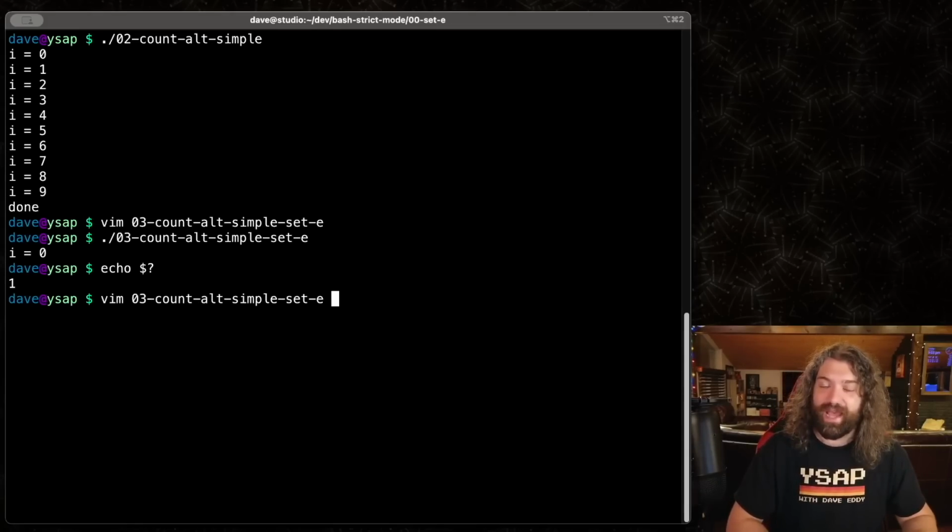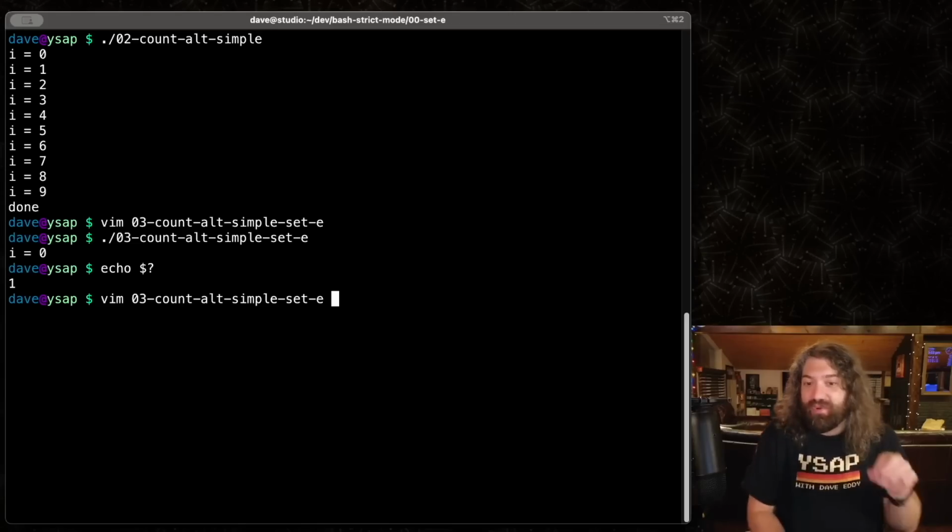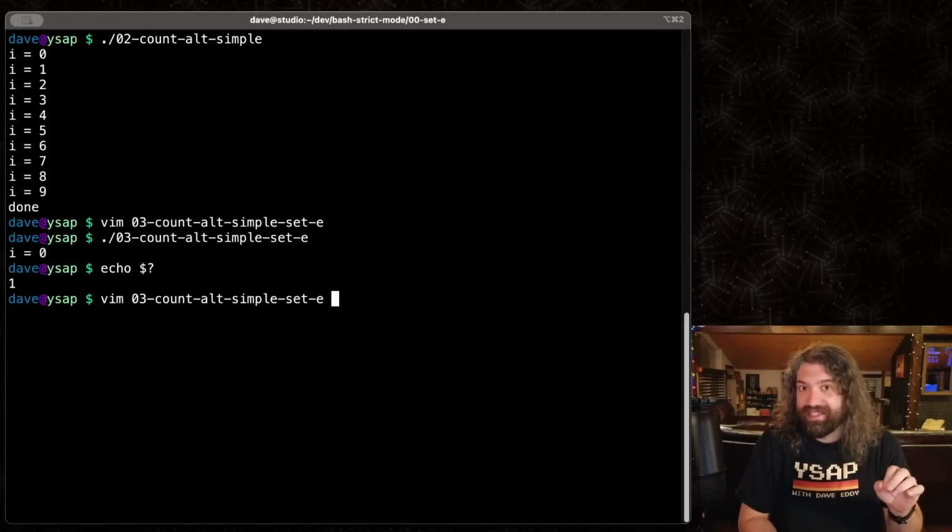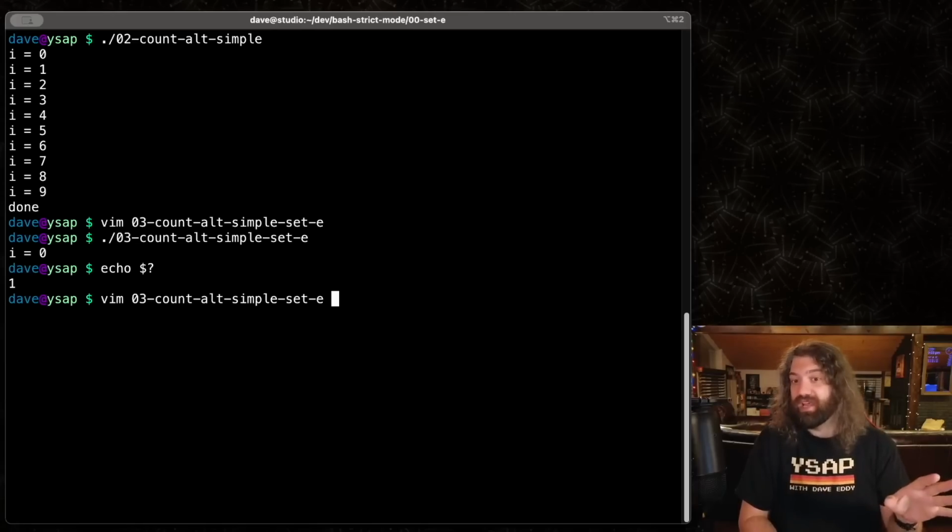So right off the bat, I want to jump in and talk about this. The reason I don't like the bash strict mode is because when it fails, it's very hard to understand why it fails. I know why it fails. I have a lot of bash under my belt, but if you were just getting started and you set this, this is a very hard problem to debug, okay? This is what I don't like about bash strict mode.